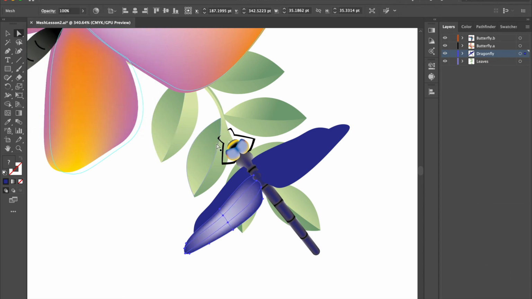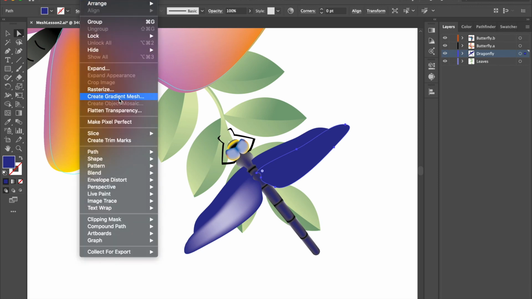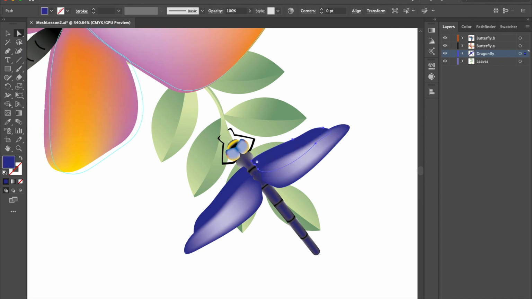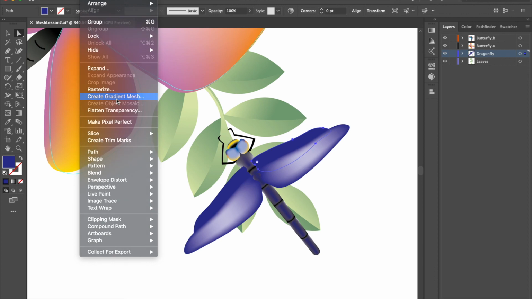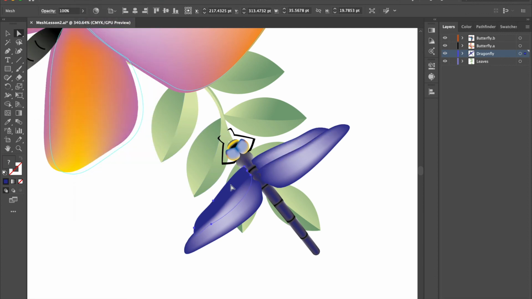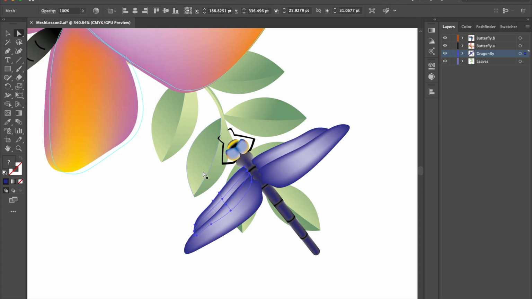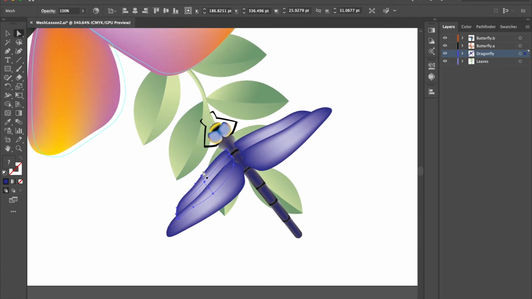We're going to repeat the previous steps for each wing. Do the same thing, Object, Gradient Mesh. So these settings have been saved from when we did the other wing. Okay, Object, okay, and then last one. Okay. And then we're going to select all the dragonfly wings in the layer panel. You can see all